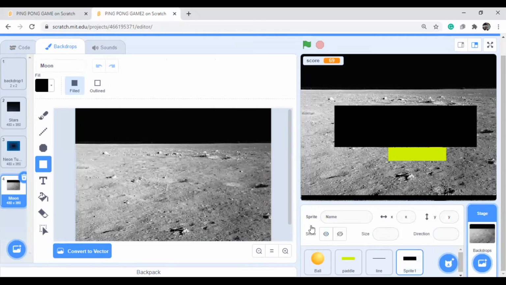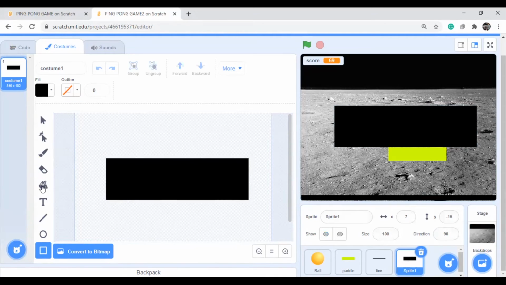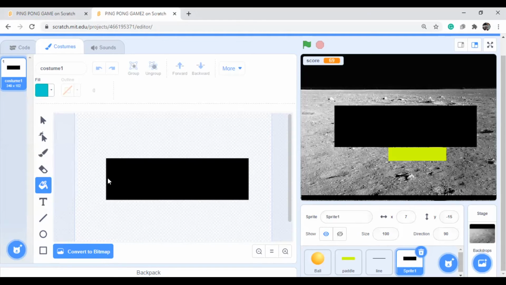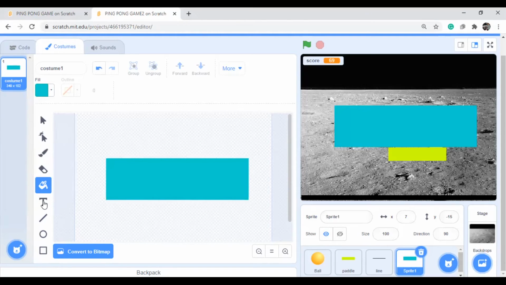So here I am clicking on this one. I will come with some other color. Which color is better? Can you guess? This color is better? Yeah. So here I am writing. The first one is the score; we need to write it with a different color.